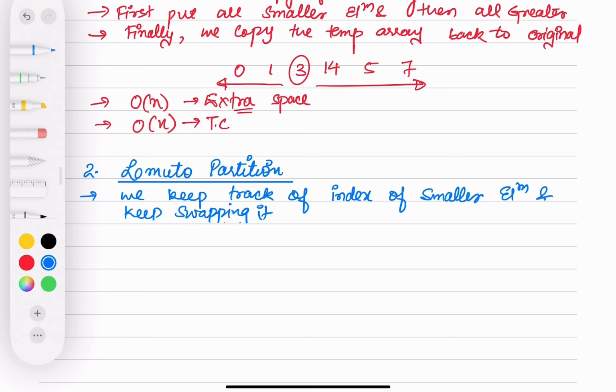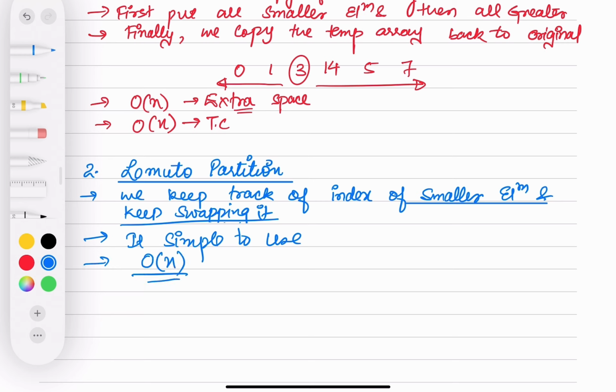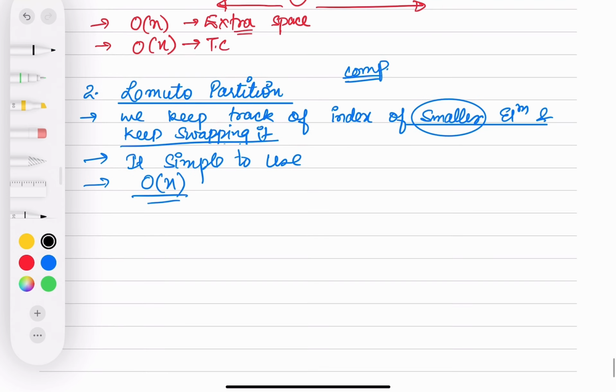We take the smaller element's index and we keep swapping. It is simple to use, but it's not common. The time complexity will be O of n because we are taking the smaller element and comparing it with the others, since it's comparison based. We compare and we swap. This is not commonly used. But what is commonly used is this,